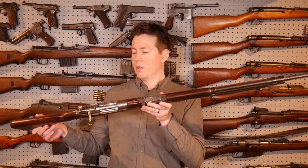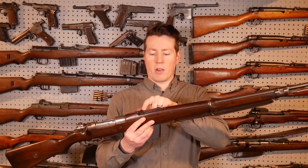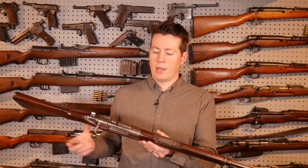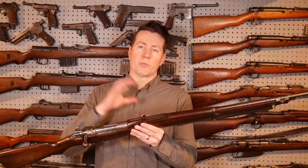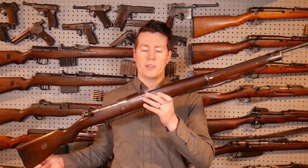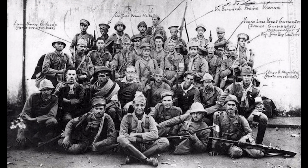It's a long rifle, straight bolt handled, with a few exceptions, like the handguard and the sight. This is very, very similar to the German 1898 rifle. So overall, this is a really good rifle. Now, they ordered mostly long rifles, but they did order some carbines, and I'll touch on that later on. Now the Brazilians had a bunch of these 1908s in service during the Paulista Rebellion of 1932,